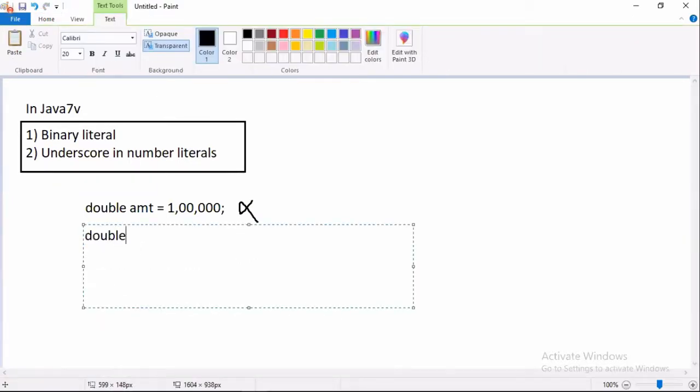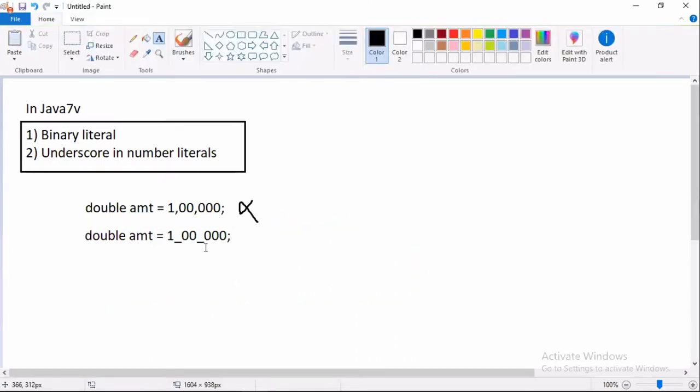I have to write double amount equal to, for easy understanding purposes, from Java 7 onwards, you can write underscore between the digits in the number literal. Double amount equal to 1_00_000.